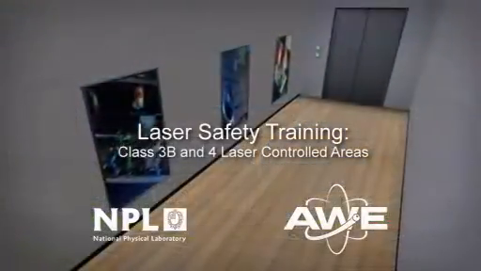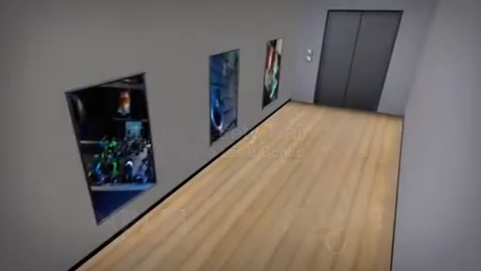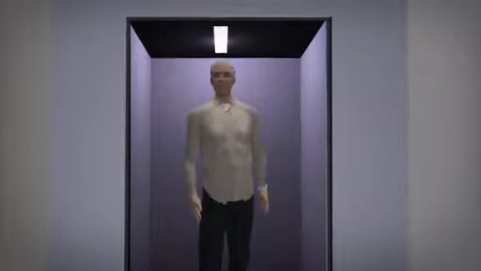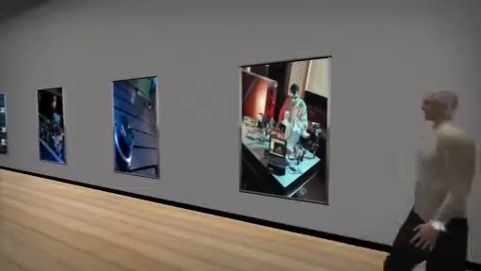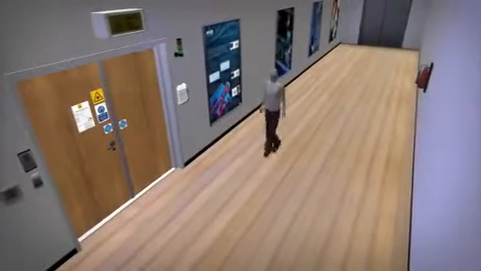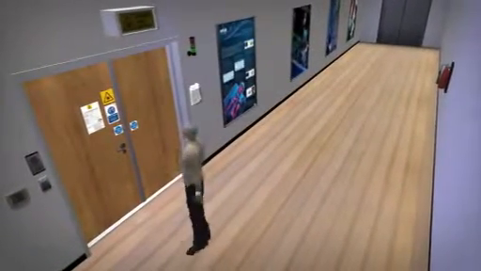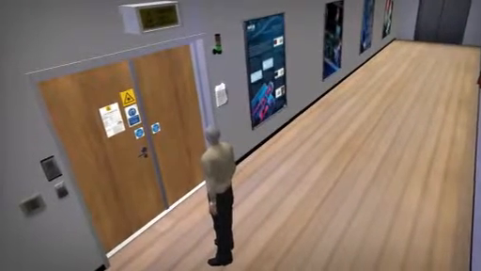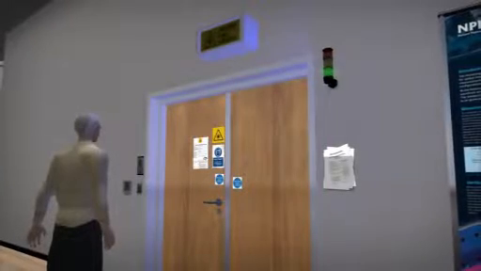Welcome to Laser Safety Training, Class 3B and 4 Laser Controlled Areas. This training module provides basic awareness of laser safety. The video will introduce you to a typical laser controlled area. Here we will identify what you are likely to see, the potential hazards, and the control measures used to protect